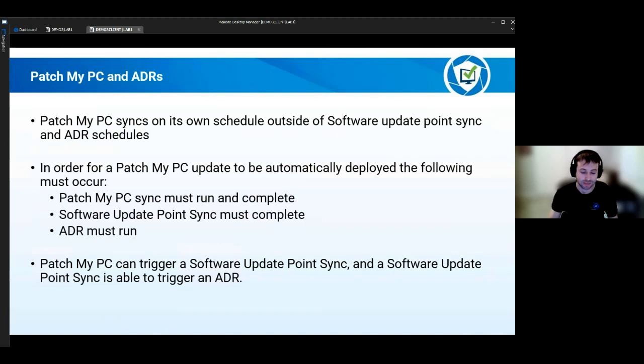Patch My PC updates and ADRs. Patch My PC updates in Config Manager can utilize ADRs as well. That's the easiest way to use them. There are some things to note here with Patch My PC updates. Patch My PC syncs on its own schedule outside of the software update point sync and outside of the ADR